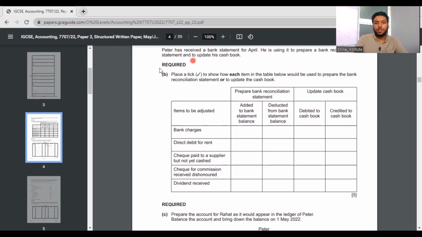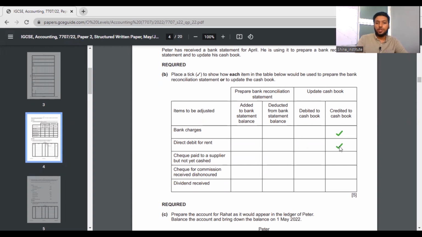So, here bank charges will be represented under credited to cash book, because that's the amount which you should replace under cash book, and then direct debit. If you have received, you can take it under the debit side. But direct debit means you are actually paying it, so it will be carried out under the credit side. So you can ask, sir, it's debit, so why do we take it under the credit side? The meaning of direct debit means you are making a payment for the rent, so that's the reason we should